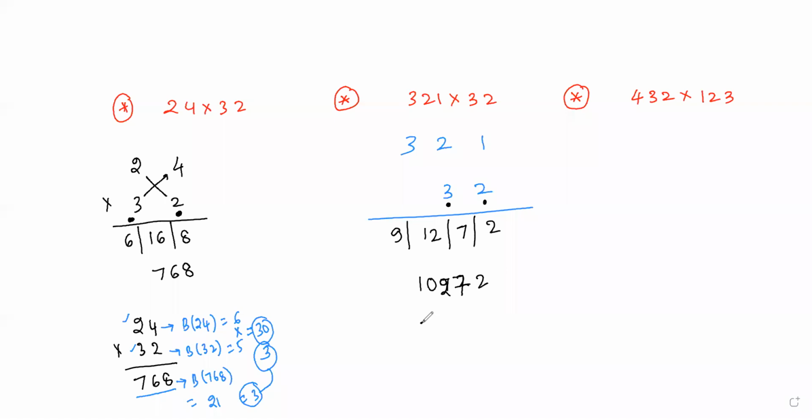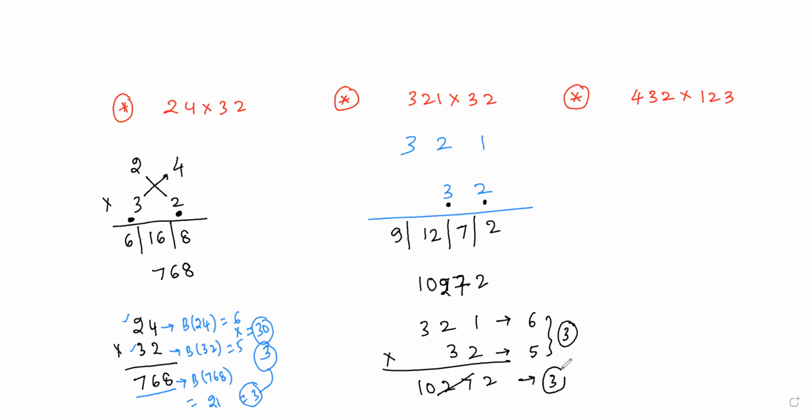Let me check whether you are getting the correct answer or wrong by using the Beejank concept. The Beejank will be 6 in this case and 5 in this case. So that is nothing but Beejank 3 here, the same 5 times 3. In this case, these two digits will be eliminated and 1 plus 2 gives us 3. So both are the same, so we can say that maybe our answer is correct. Of course, 95 to 98% we will be correct. In case I shuffle the digits to any other places, then it will go wrong.